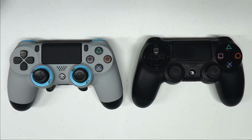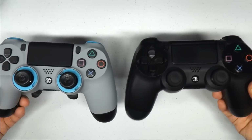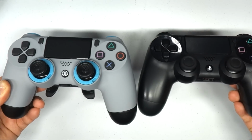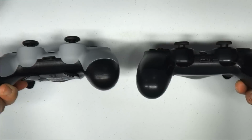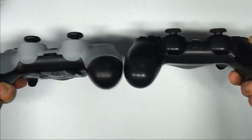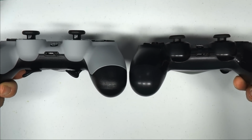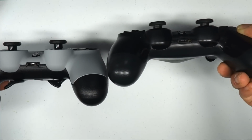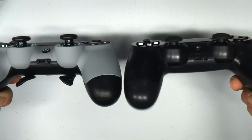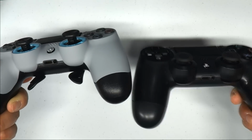To compare the 4PS and the regular PS4 controller, they visually look the same from the front. They have all the buttons in the same configurations. If I tilt it down, I know it's a little bit hard to tell because of the shadow, but the 4PS control sticks are a little bit longer than the regular PS4 controller. Not by much, just a little bit. And then these are the regular control sticks,